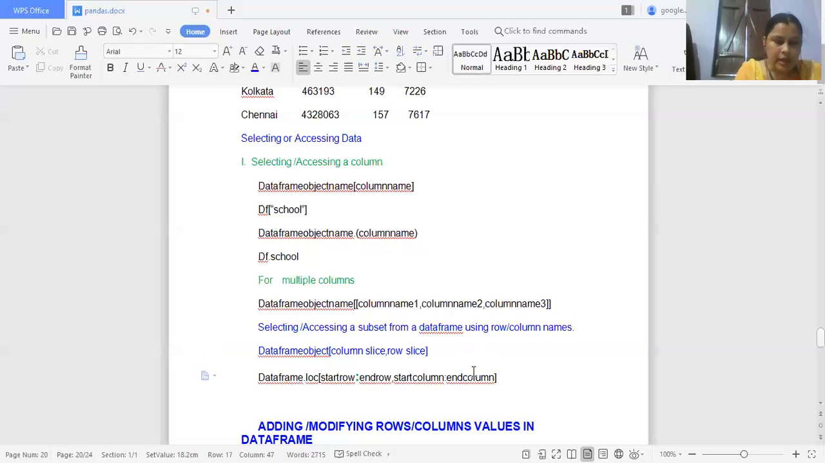Another method is loc, meaning location. In loc we will pass the start row value, end row value, start column value and end column value. Here we will also provide the colon operator, which is known as the slice operator. So we can access multiple rows or multiple columns using the slice method. The first one is the slice method, the second one is loc,